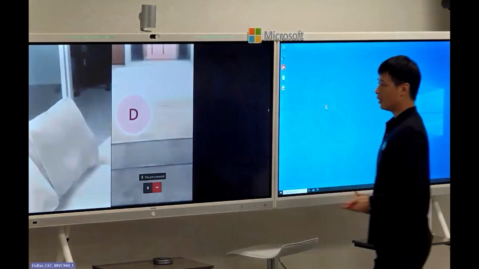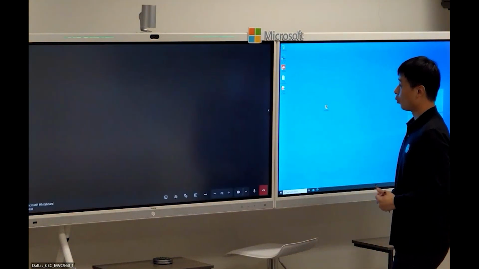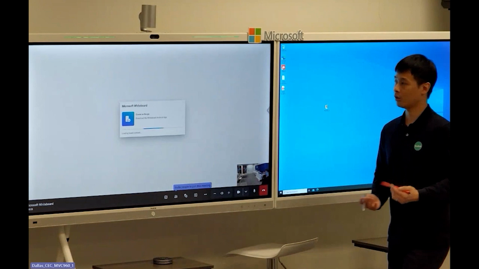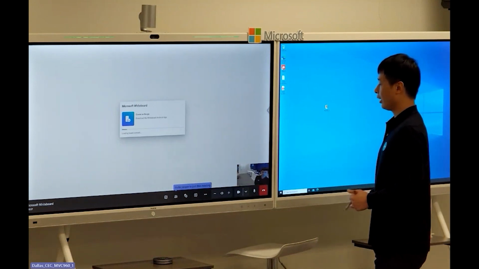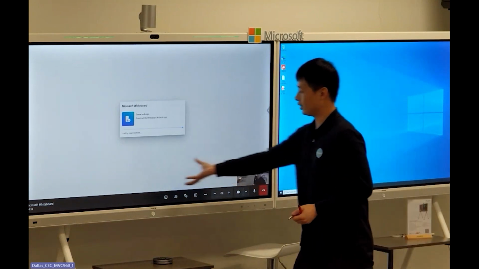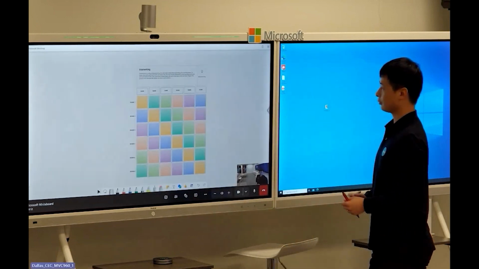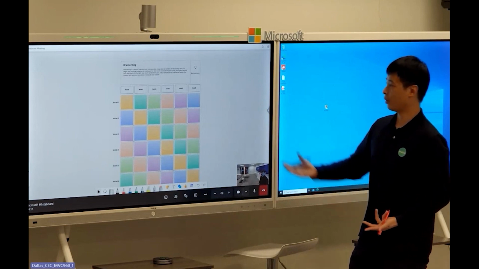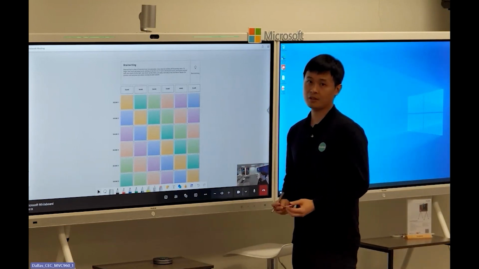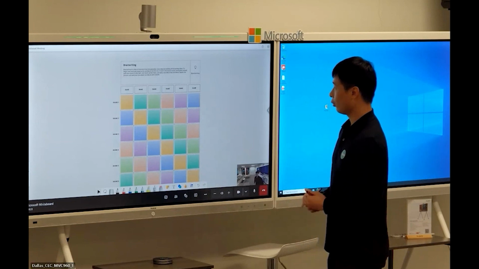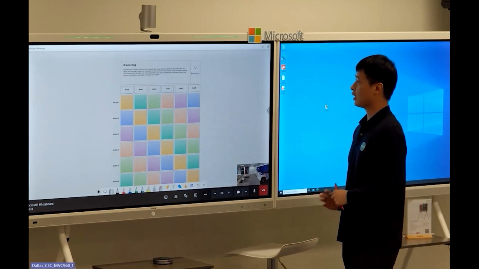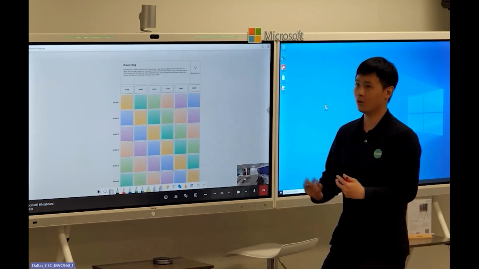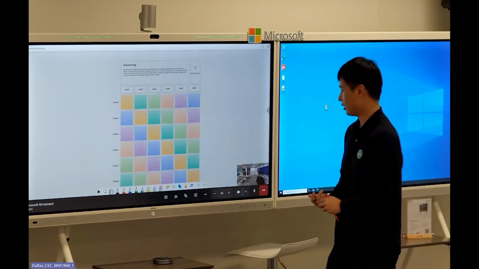You can also start a meeting while whiteboarding. So the participants on the far end can also collaborate with you at the same time. And they will all show in the Teams meeting at the front row. So after the meeting, you can just end it and your work file will be automatically saved on the OneDrive. One thing you need to do is assign a Teams account to this board and go to that Teams account OneDrive. You can send it to anyone you want or save it locally afterwards.